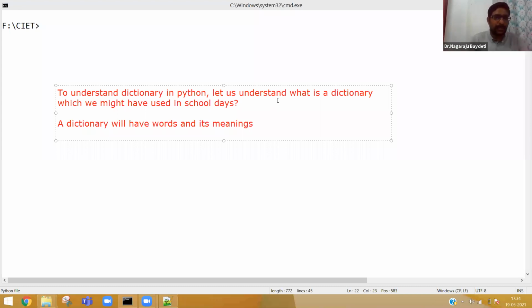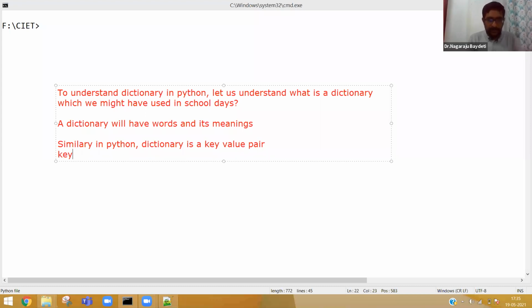All the meanings will be there. Similarly, in Python, dictionary is a key value pair. What is key value? Key is like a word we search in a dictionary. Value is the meaning of the word.